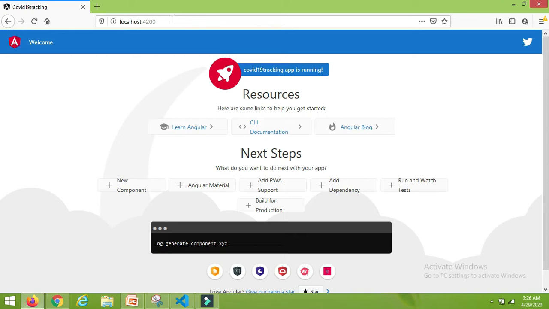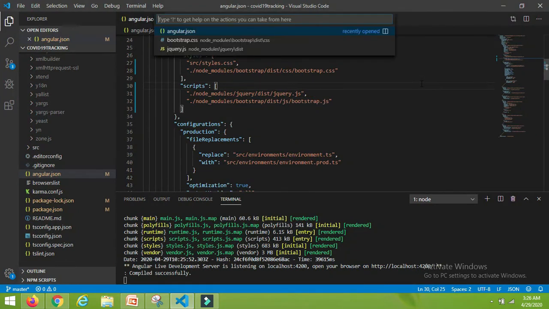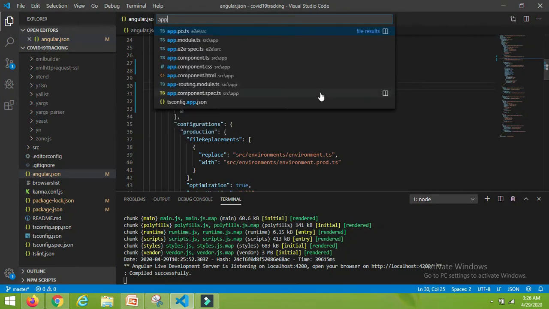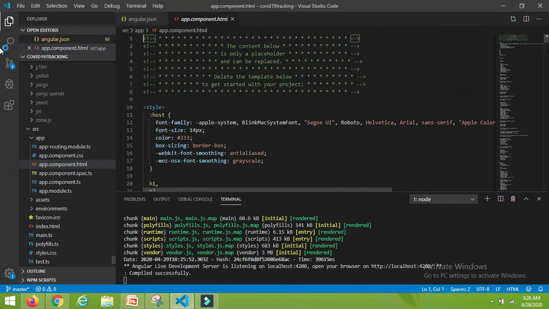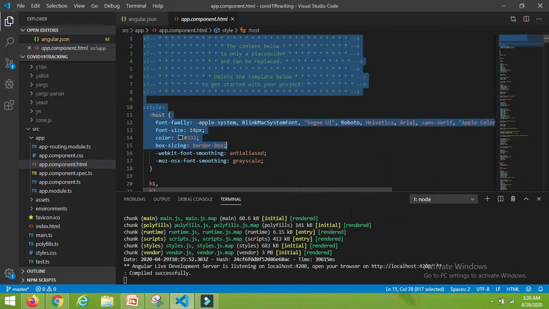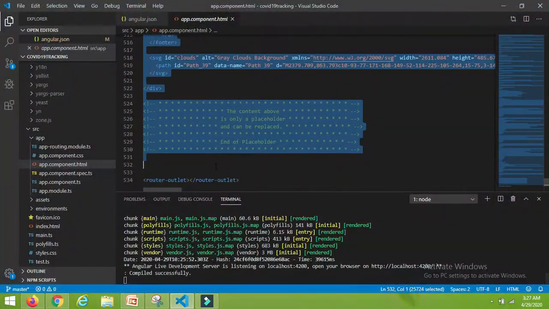So I don't need this page, so I will remove all this code and simply write the code hello. Let's open the file app.component.html. Remove all this code except the last line, which is for the router outlet.